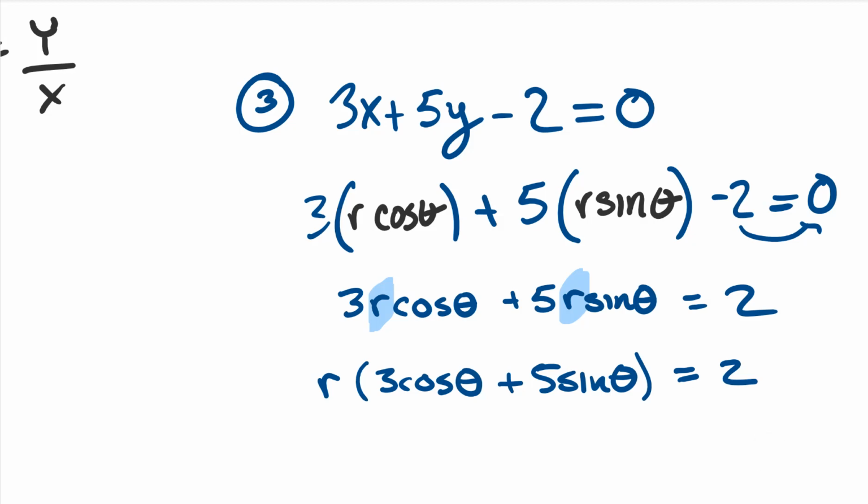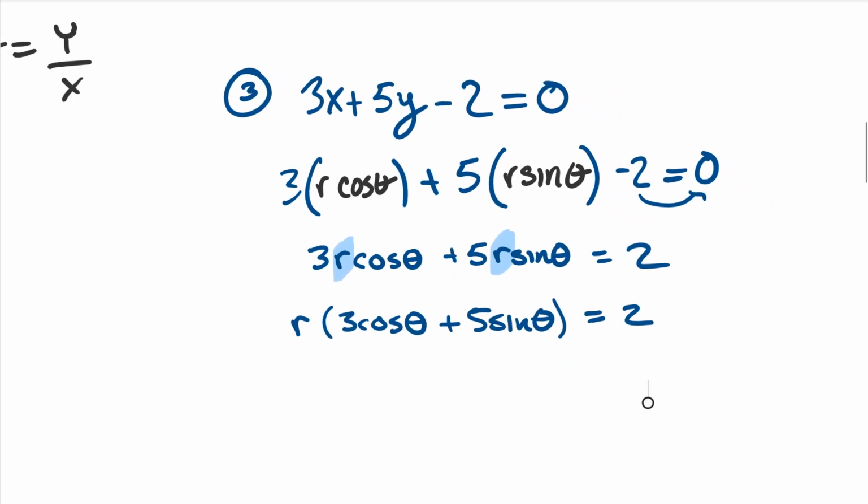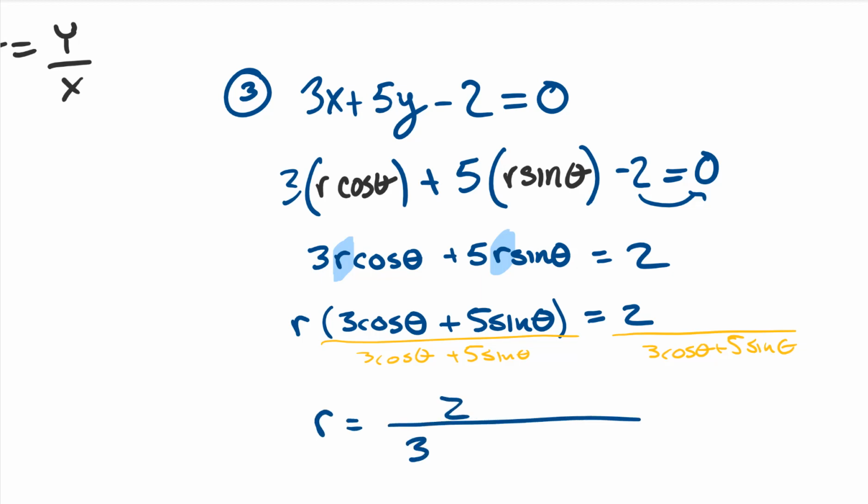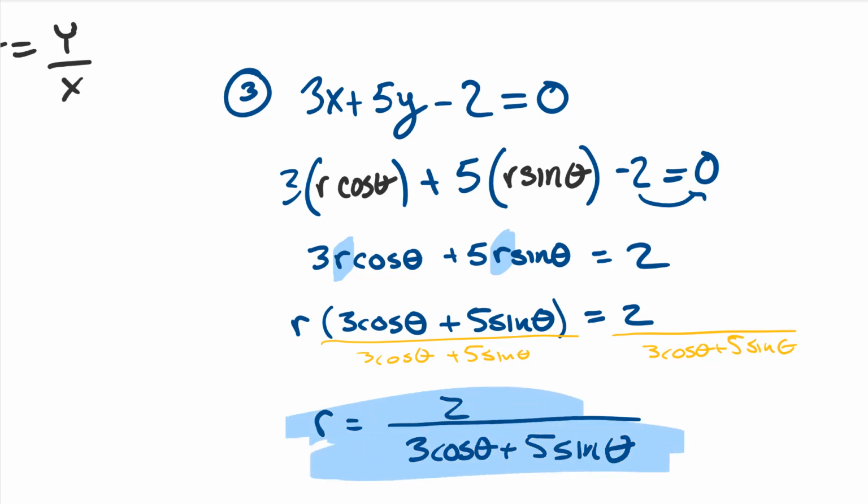And again, we're trying to isolate r. So whatever isn't r, we're going to divide it out. So we divide out all this stuff, 3 cosine of theta plus 5 sine of theta, all gets divided out. And we find out that our r is indeed equal to 2 over 3 cosine of theta plus 5 sine of theta. And this is the form we want to leave